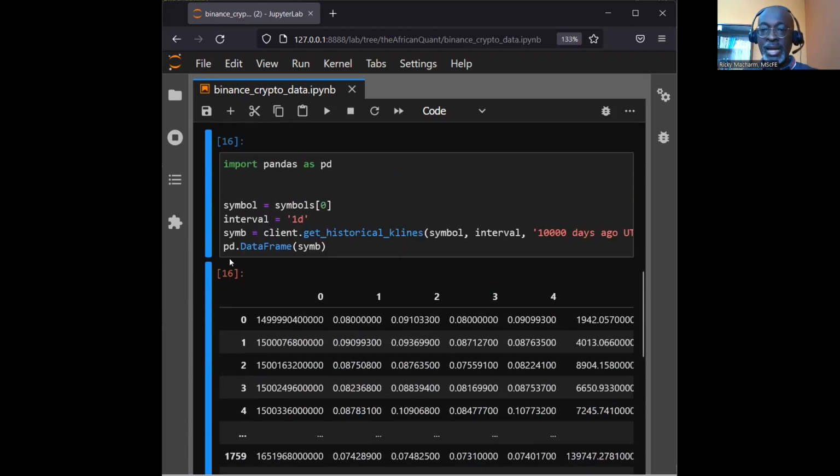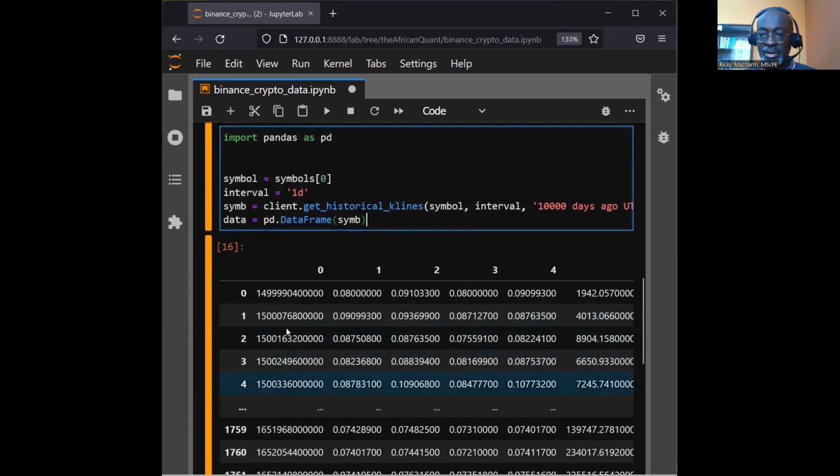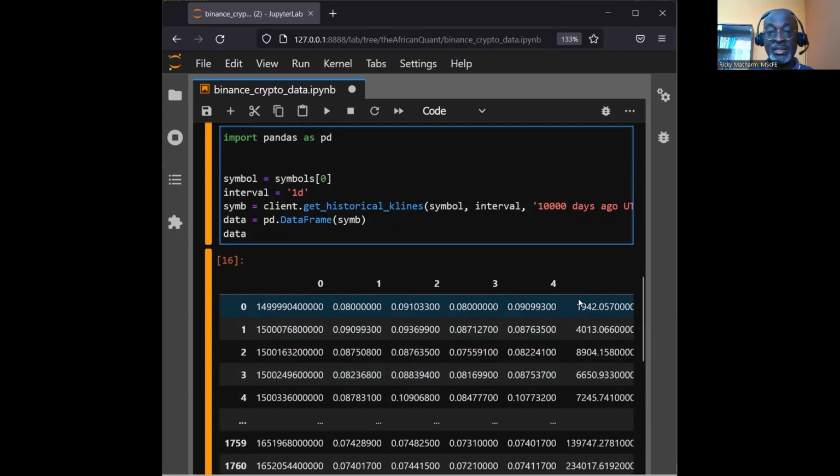So what do I call that? I could call this data and leave it like that. This looks like the time. This is open, high, low, close. That's what I'm going to call it. So yeah, so just trust me on that. So I'm going to say data